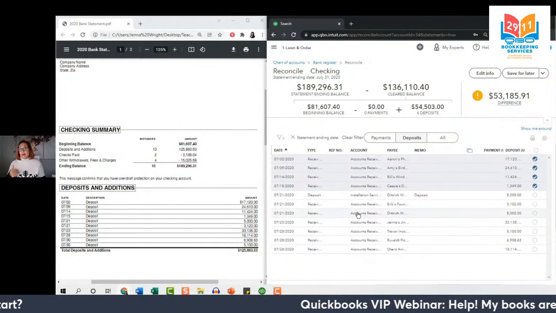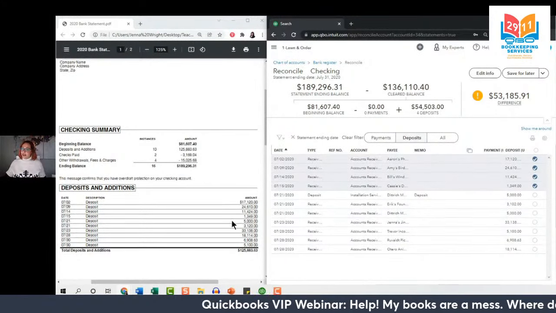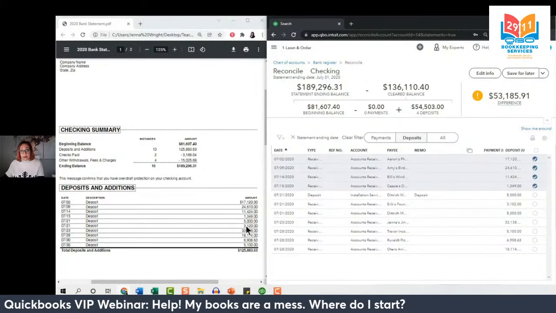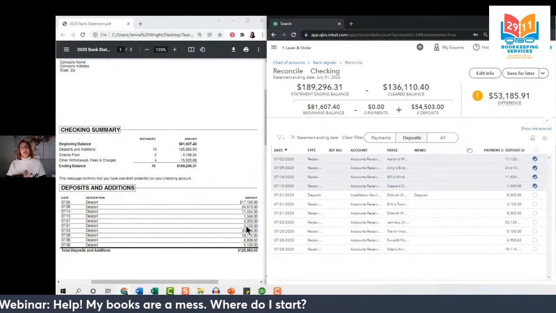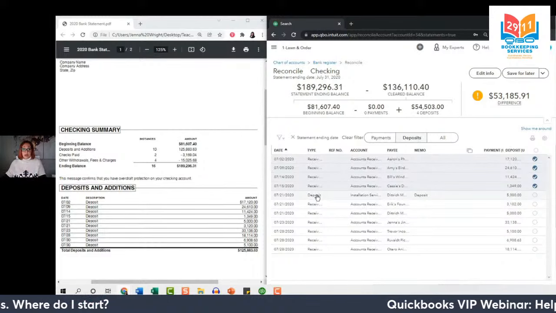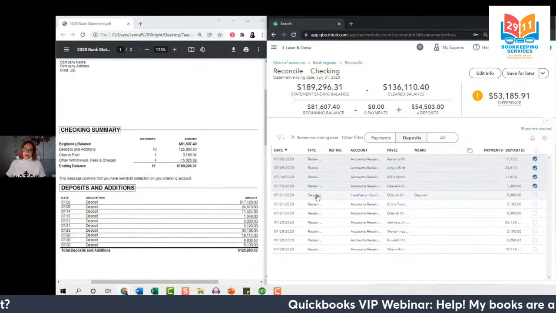And I'm going to look back in my real world documents. This only occurred once. There's no reason for the duplicate. So we want to keep the transaction that's connected. Keep the one that's connected to the invoice and get rid of the one that's just a deposit with income because that wasn't recorded properly.